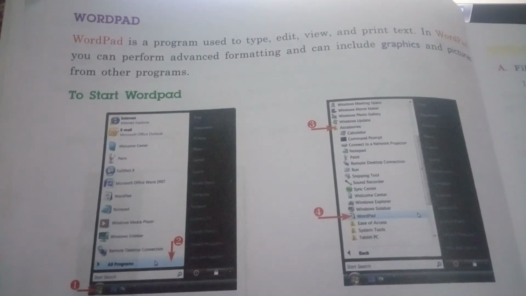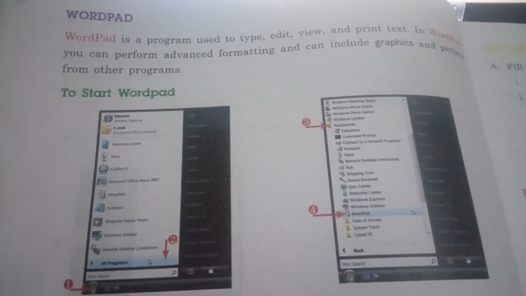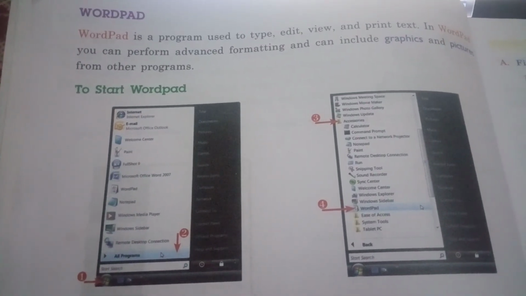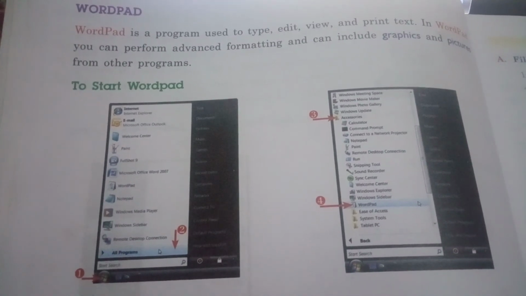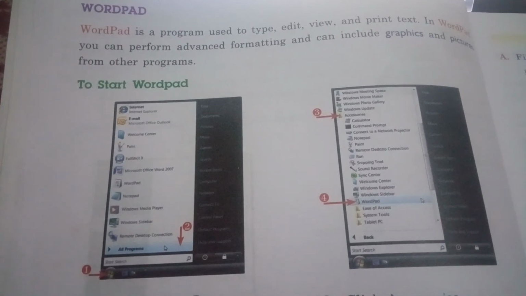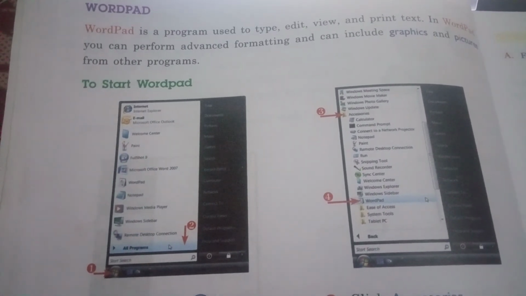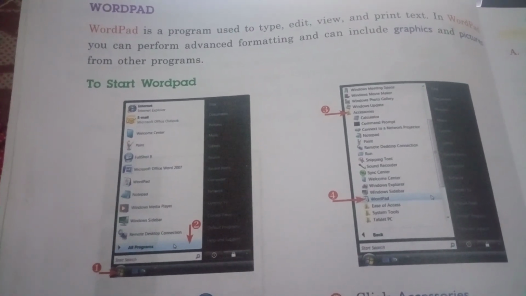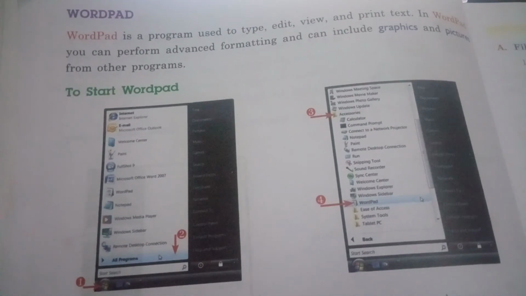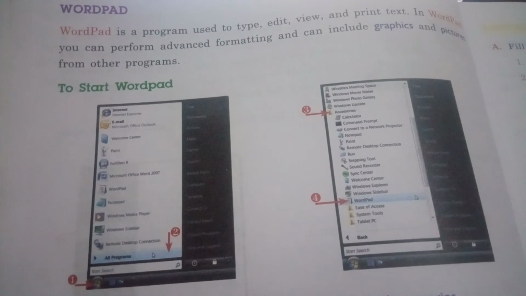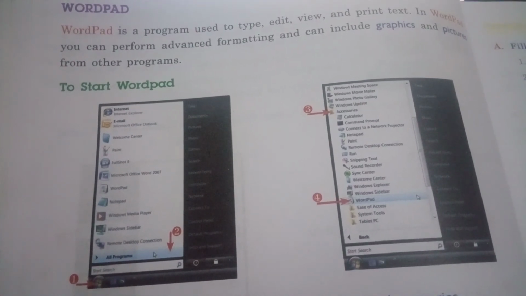Okay students, this much is enough for today. Your homework is to practice all the work done in today's class. If you have a laptop or computer at your home, practice; if you don't have, then read this lesson thoroughly. Now I will send you a picture of your exercise. Exercise questions I will send with the help of a picture.